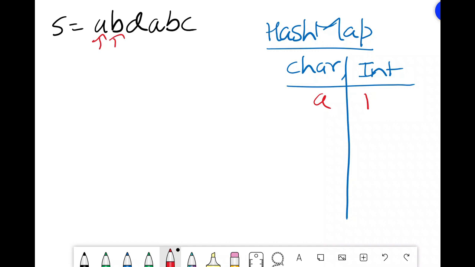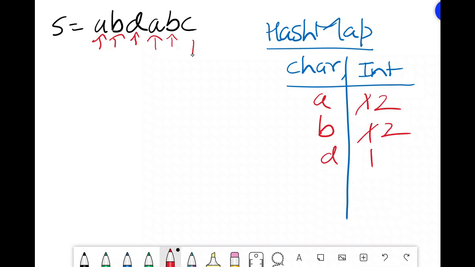Next we go to B, it's not present, so I put it with 1. Next D, not present, so I put it with 1. Then again A, which is already present in the hash map, so I update this to 2. Then B, already present, so I'll increment this to 2. Then I go to C, so I'll put C as 1. And now we have this frequency map here.